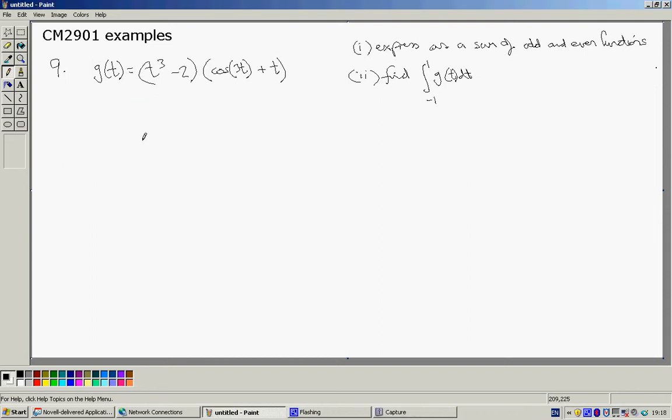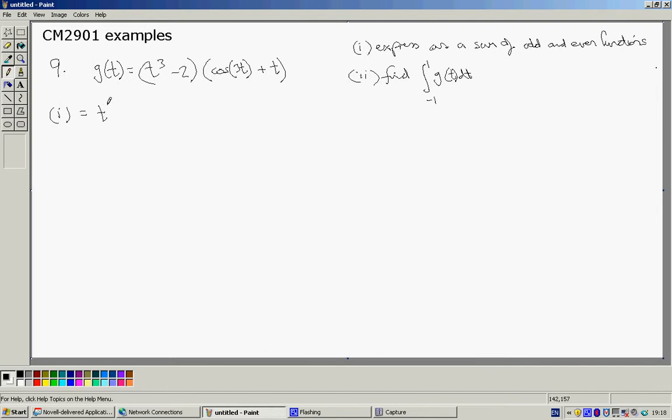In this question, we're asked first of all to express g of t as the sum of an odd function and an even function. So for part 1 we should expand the brackets and find that g of t is equal to then